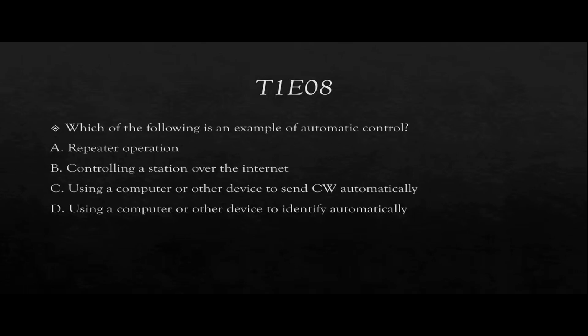A lot of times, especially on HF, with the really nice HF radios, you can record your CQ calling out for identification purposes, and then you can just hit a button and it calls out. The key thing here is hitting a button to make that happen is not automatic, according to the FCC. Other than identifying, you're still needing to use it and do other things. It's not just randomly identifying on its own.